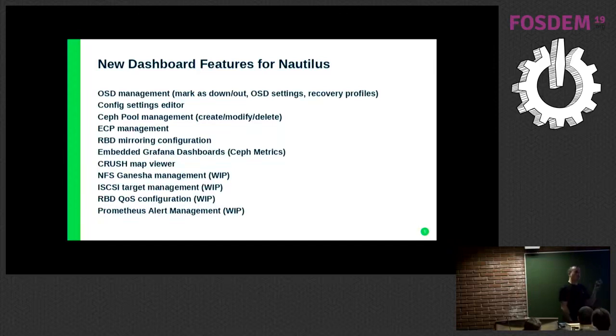You now have more features on the OSD management page. It's not just a table that shows you which OSDs exist, but you can actively manage them by, for example, marking them out or down. Change configuration settings. Recovery profiles is one thing that I'm going to show. It's quite interesting. The previously read-only config settings browser has now become a config settings editor,